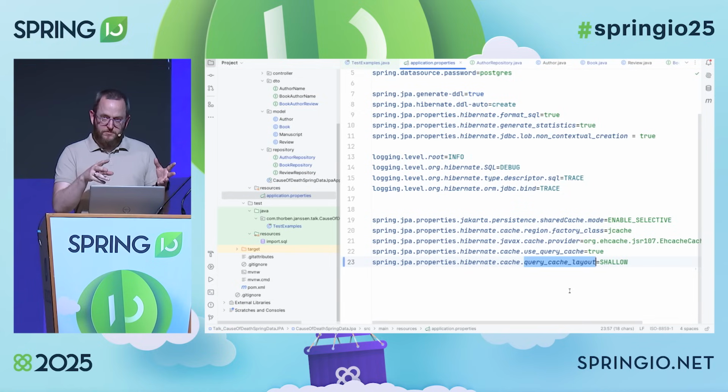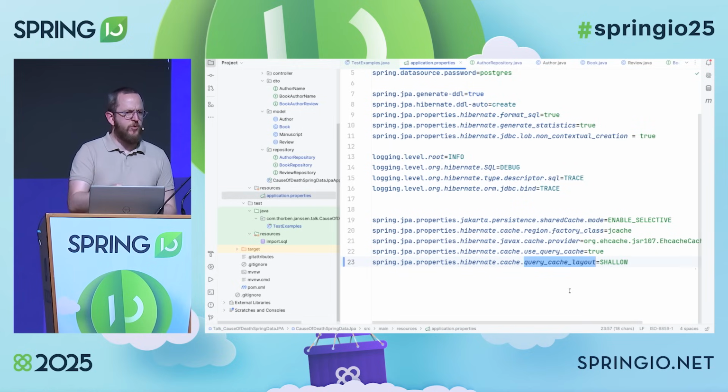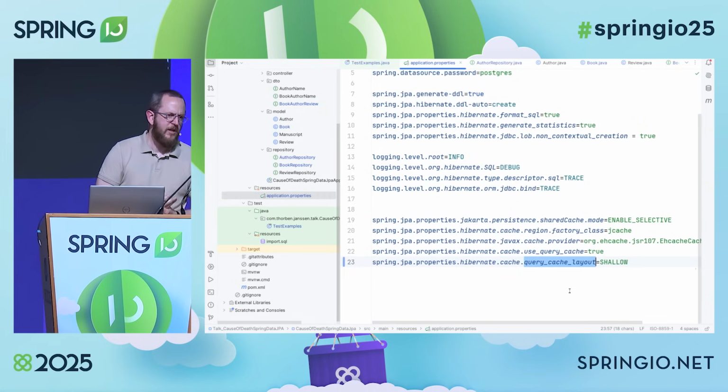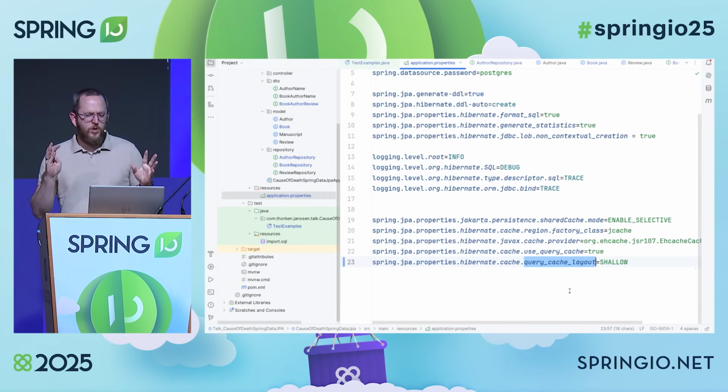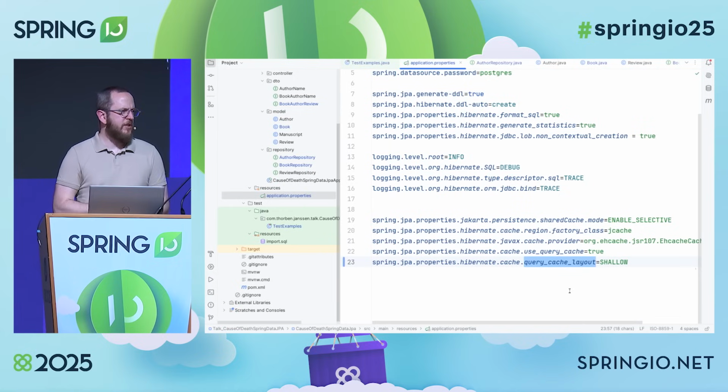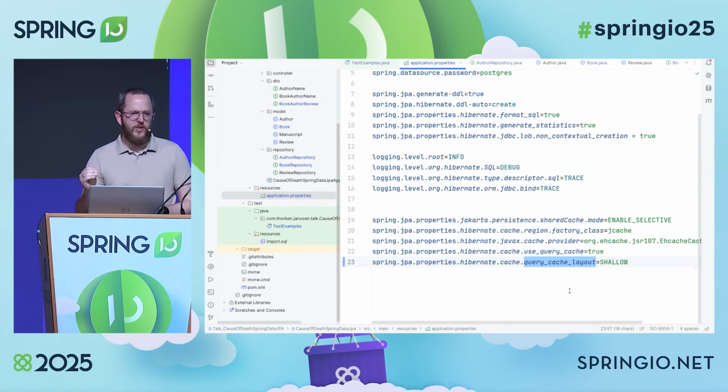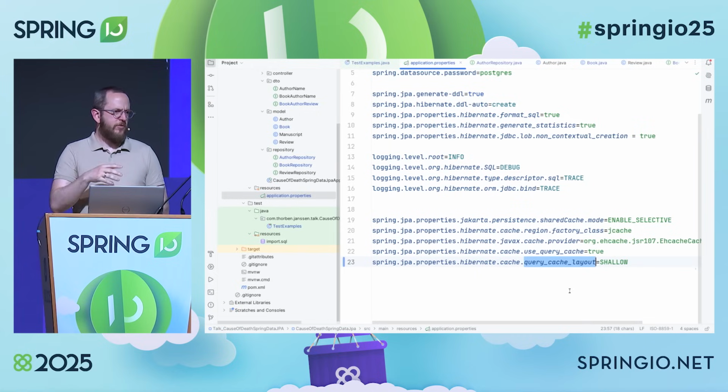In Hibernate 5, the query cache only contains references to entity objects. And Hibernate then uses that reference to look in the first level cache, then in the second level cache, and if it's not there, then goes to the database. That was an issue with Hibernate 5 quite a lot, because teams activated query caching, saw, oh great, the query result gets cached, and that query unfortunately returned 50 entities. And after that, we saw 50 select statements in the log file fetching the entity objects one by one. So not caching the query result initially would actually have been better, because we would have just run one query instead of 50 of those.